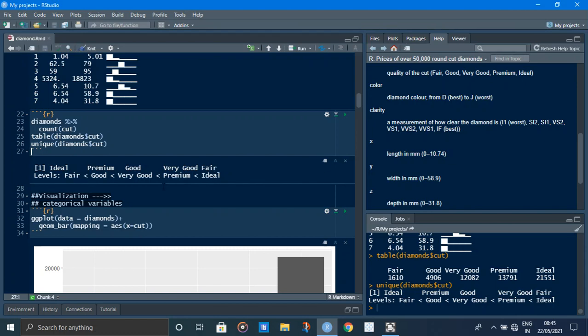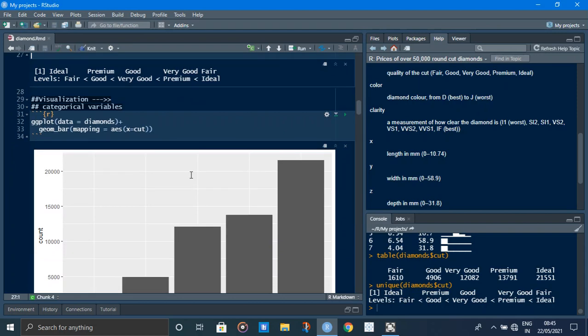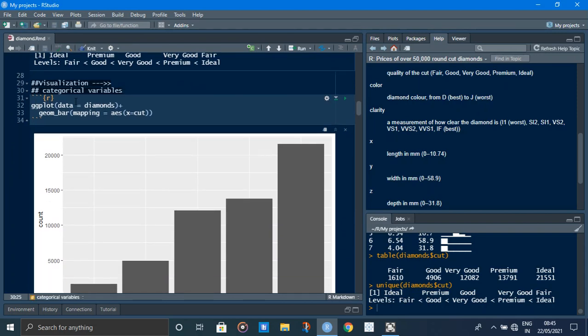So ideal is the highest quality of diamond. So let's move to visualization of the data. First type ggplot, and then in the bracket we take the data set, data equal to diamond, plus